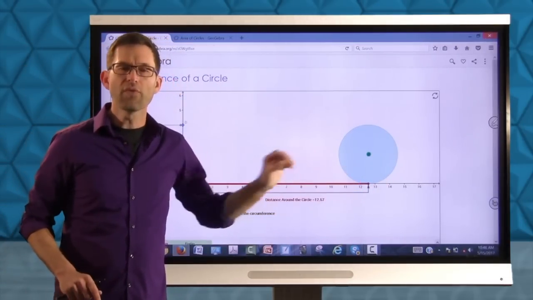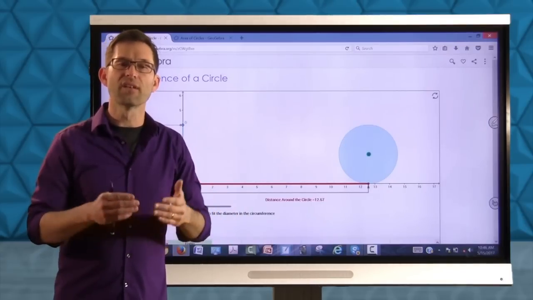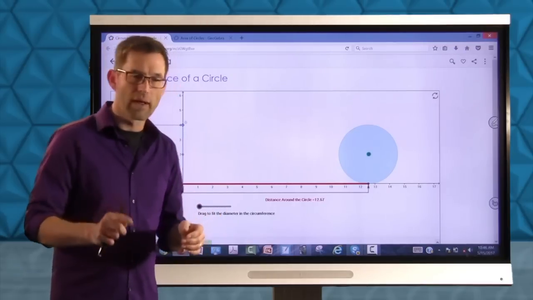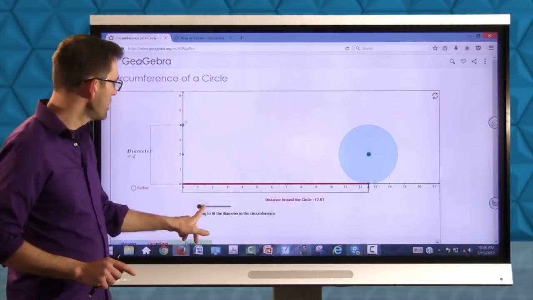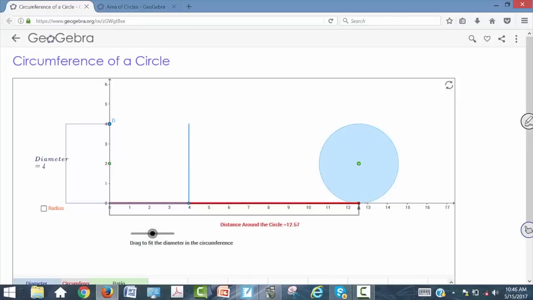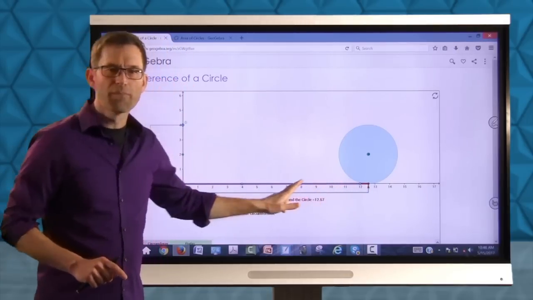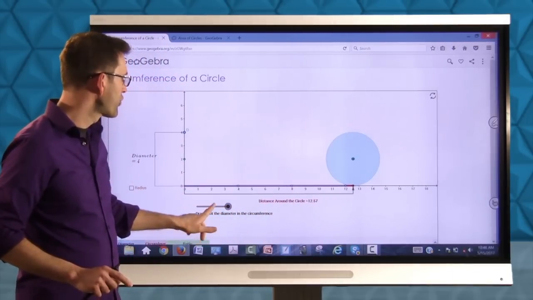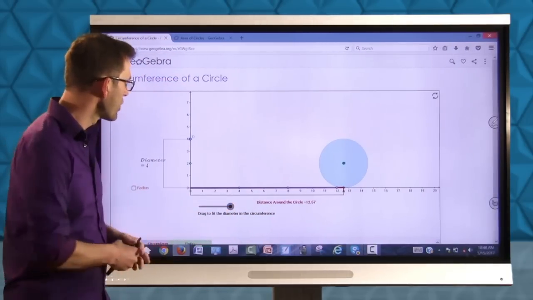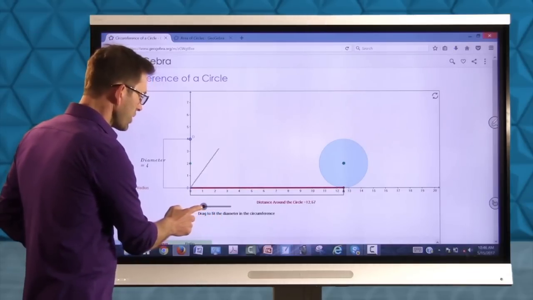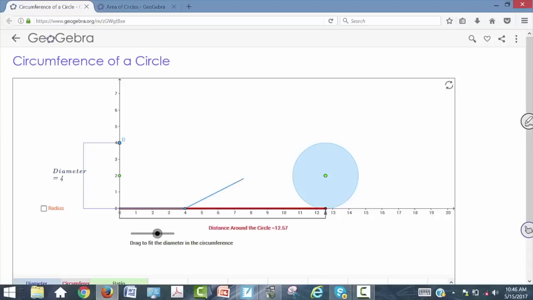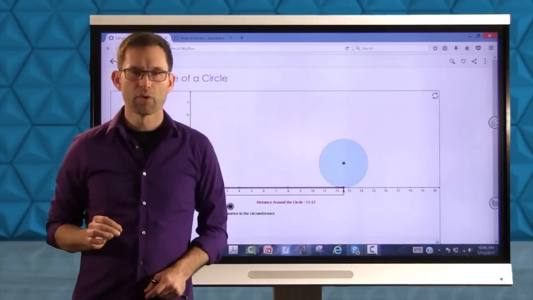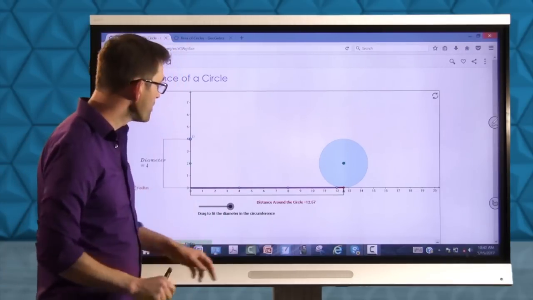Now what's cool is we can think about how the circumference relates to the diameter, or the maximum distance across the circle. You can see that if I drag this, there's 1 diameter, 2 diameters, 3 diameters. So the circumference of a circle is slightly more than 3 of the diameters of the circle. Let me take a look at that one more time: 1, 2, 3. Slightly more than 3 diameters of a circle. And what that does is it brings us